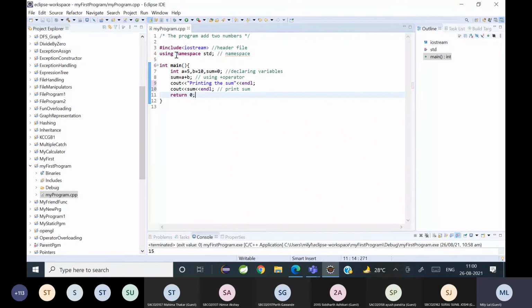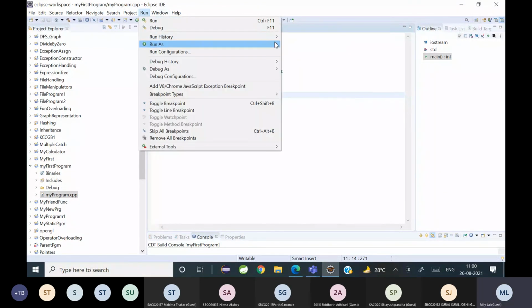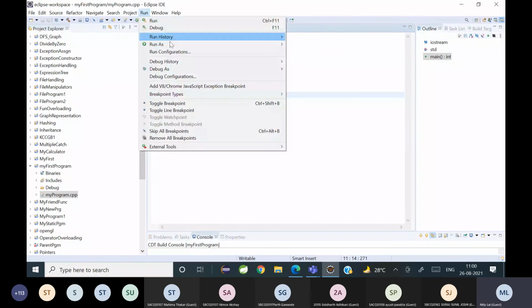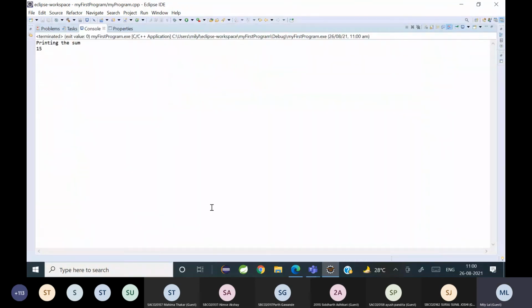Now let's see how it looks. I build the project and run it. See, printing the sum and on the next line 15 came, right?